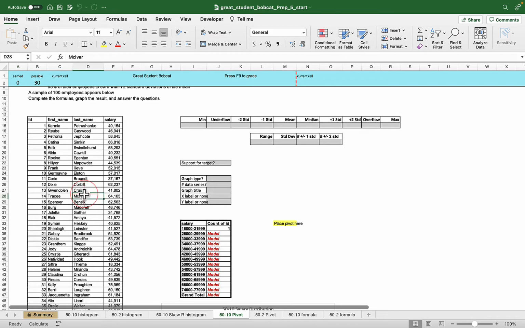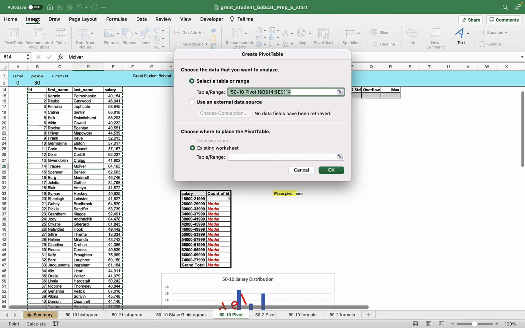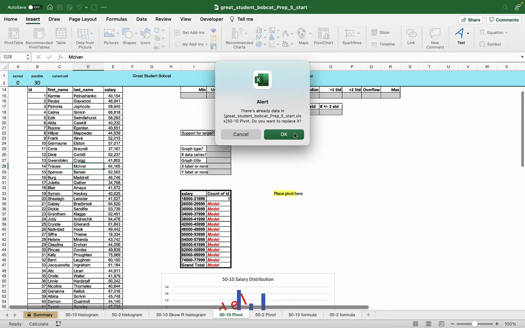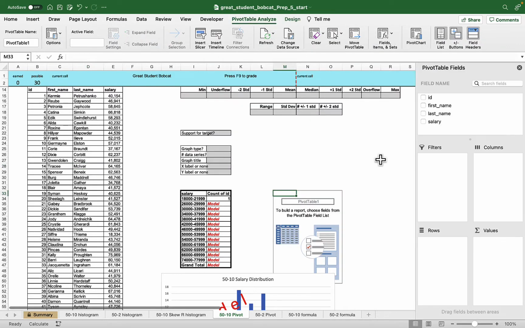You click here inside your data, and then from the insert menu, pick pivot table. Remember to always click in the table range box before you click where you want the pivot table to go. And now, if you look here, it looks like salary is going to be in the rows, and then count of ID is going to be in the sum values. So let's grab salary, throw that in rows,